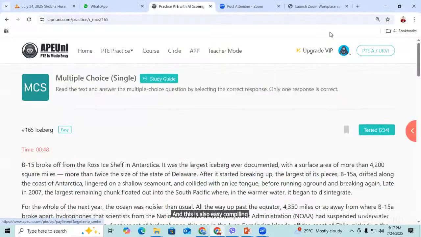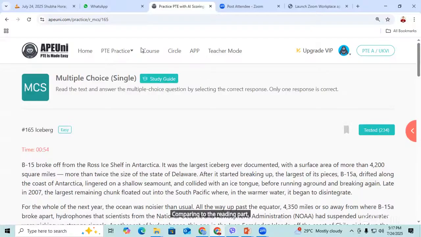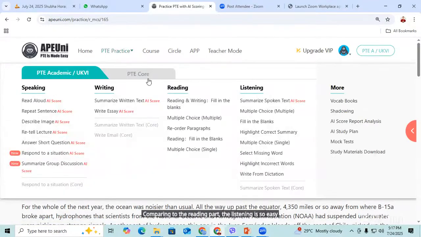Compared to the reading part, I need to tell you, the listening is so easy. I can tell you the truth. You would enjoy the listening very much, right? I can tell you the truth. Listening is very easy. So you're going to be facing fill in the blanks, highlight correct summary, and we have